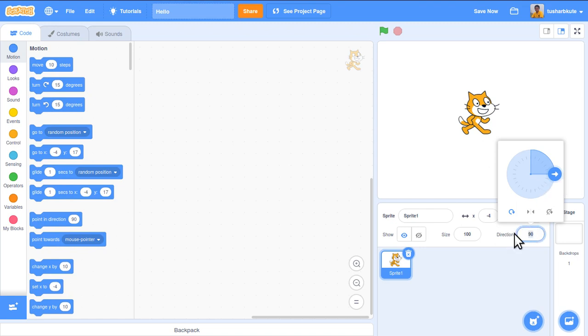So I can change this again. Instead of 90, I'll make it 120. See, in this direction the sprite is now looking. These values we can also change with the help of programming statements. The default direction for all sprites is always 90 degrees, so I'm keeping it at 90 degrees, and